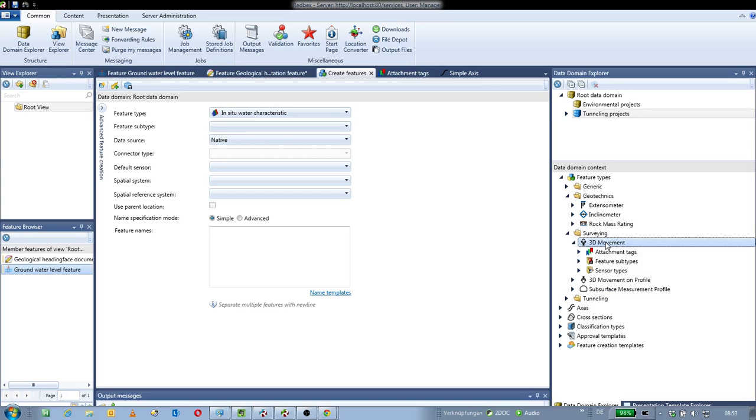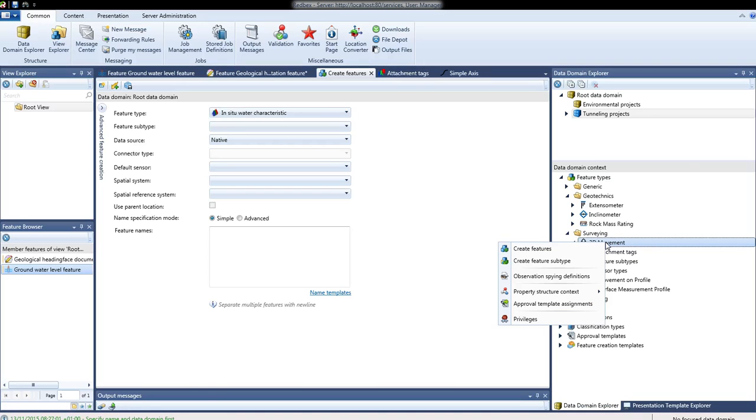You also could use the data domain to define some settings for the properties of the extended data of the feature itself, or of the observation's extended data. Therefore you just press the right mouse key on the feature type you would like to work on, and then you select the menu entry property structure context, and there these 2 menu entries, the feature property structure configuration or the observation property structure configuration, give you the possibility to set up rules, validation rules or other